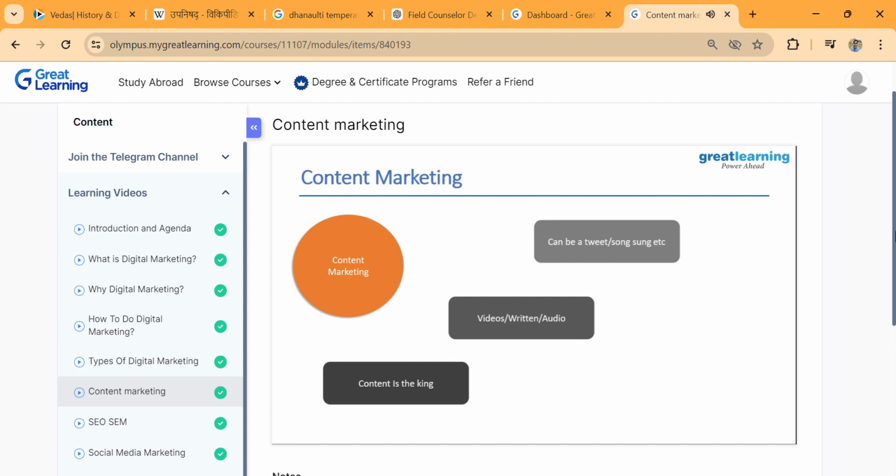Just like I mentioned, when you talk about content marketing, the first thing that you need to ensure is that your content is of high quality. We'll be talking about content marketing as we get into the practical part of things, where I'll give you demonstrations of how these things work. But this is what content marketing is in a nutshell. It is nothing but a way of creating good content and providing it to people, or using it for marketing certain products.